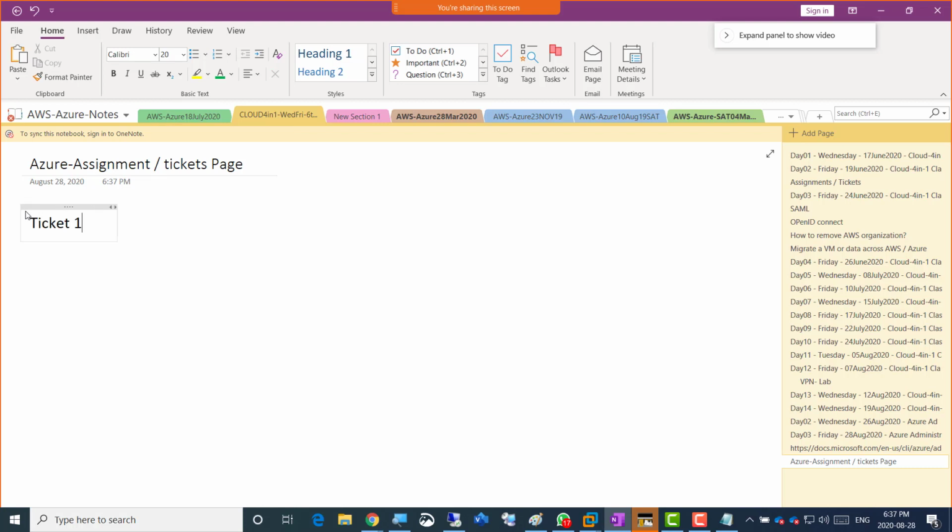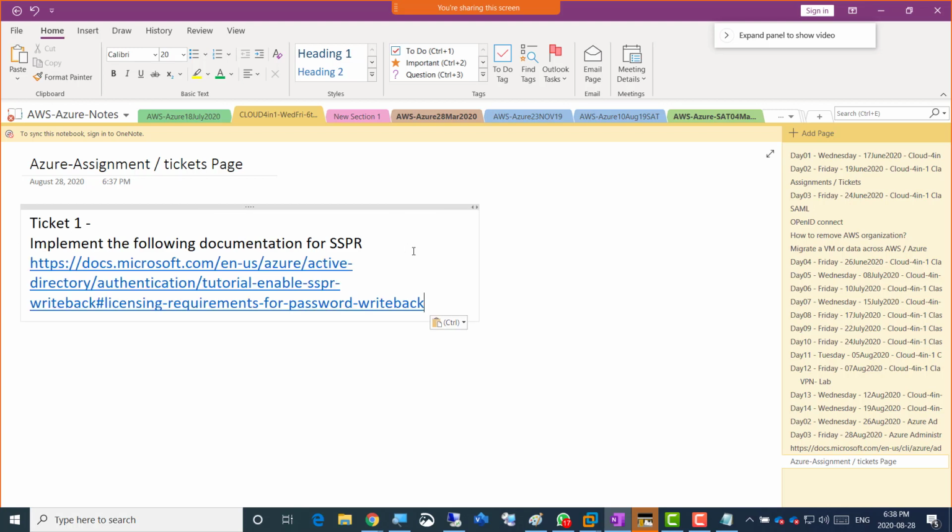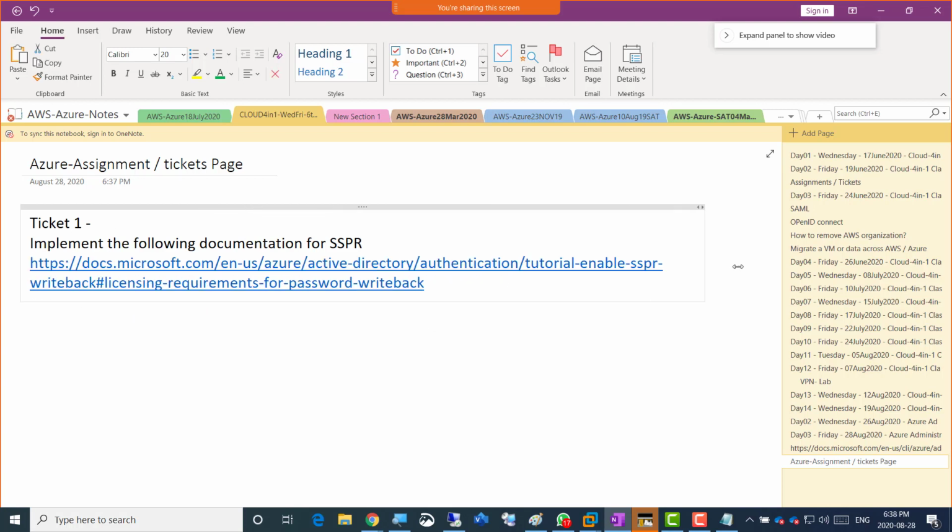This is ticket 1, where you implement the following documentation for SSPR, and this is the link for that. I'm going to put that in WhatsApp as well, and in the LMS for the tickets,